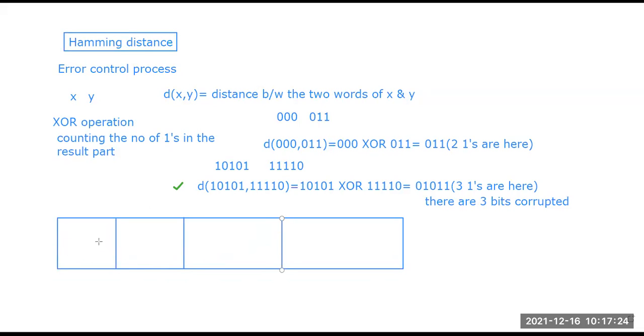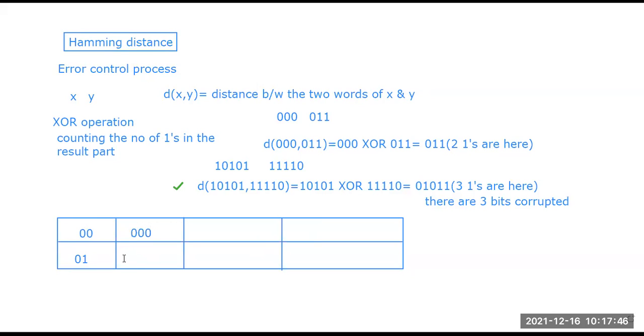Consider for the first case a data word 0 0, and the code word for this respective data word is 0 0 0.